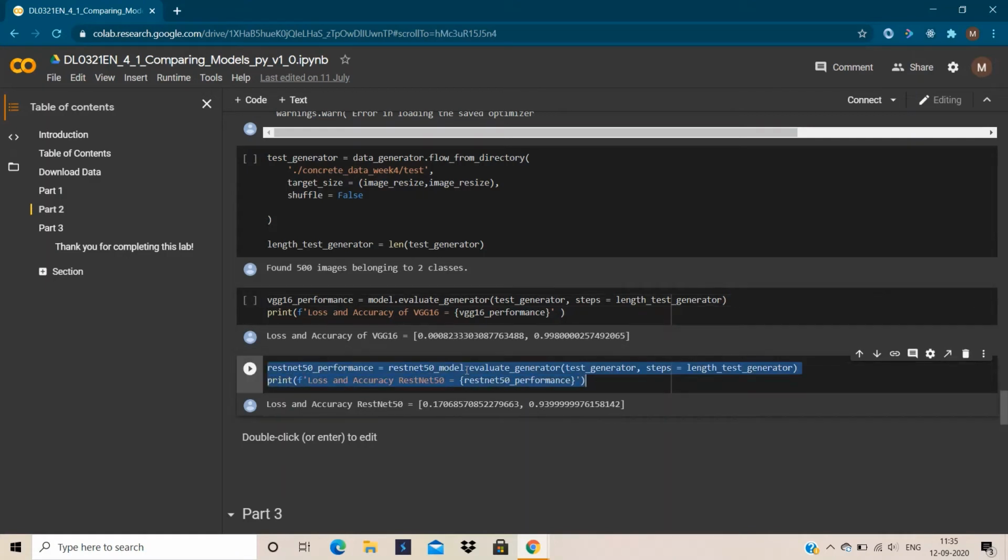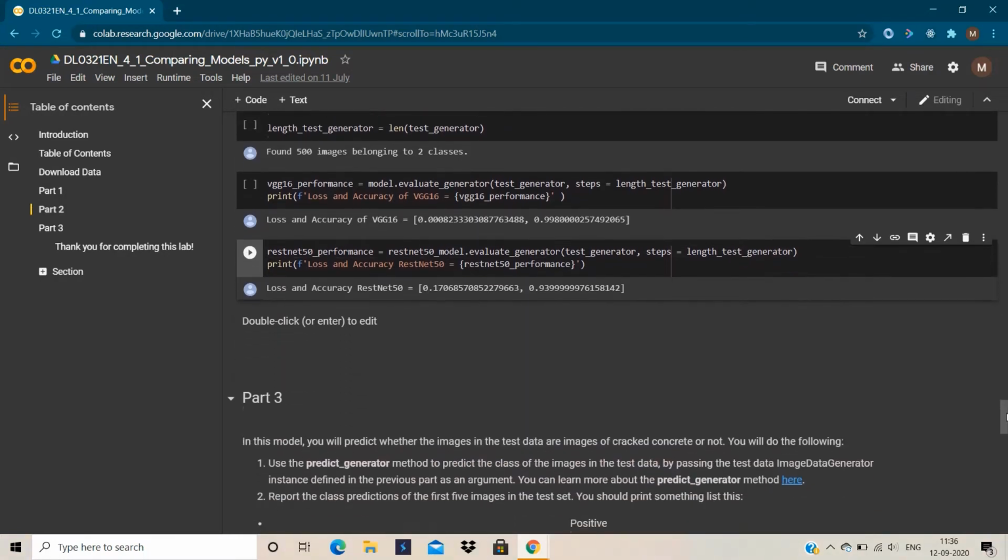So here it is, VGG16 performance equals model.evaluate_generator, where we passed the test generator that we had created just now, and the steps we had also calculated here, like length of test generator. By this we are going to evaluate it, and then print the loss and accuracy of the VGG16 model.